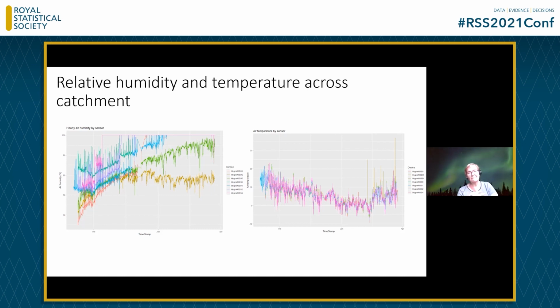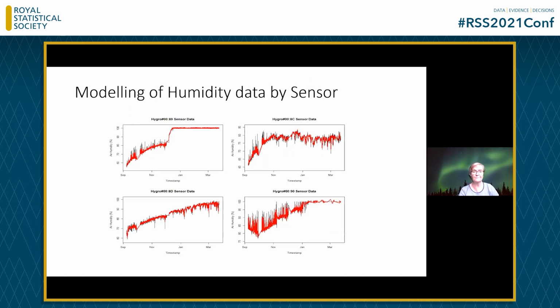Temperature, like many environmental variables, is very well behaved, and we had no particular issue with our temperature sensors, but the humidity sensors are definitely ones where there are some design features which are currently being improved. We still wanted to try and model them because it's not a problem that occurred with all of the sensors. And so we've been building basic time series models with long memory effects in this particular situation to try and allow us to